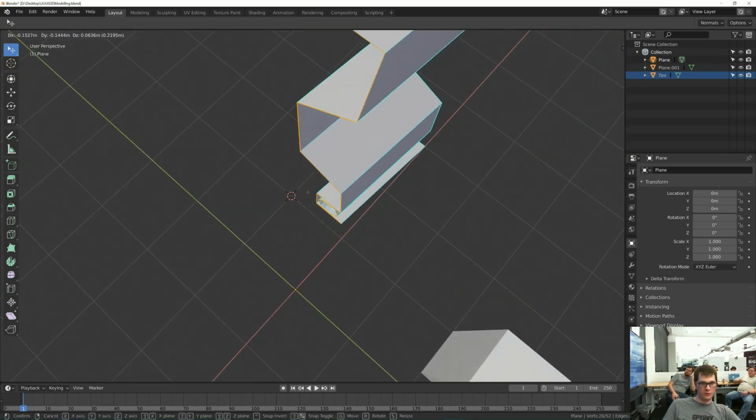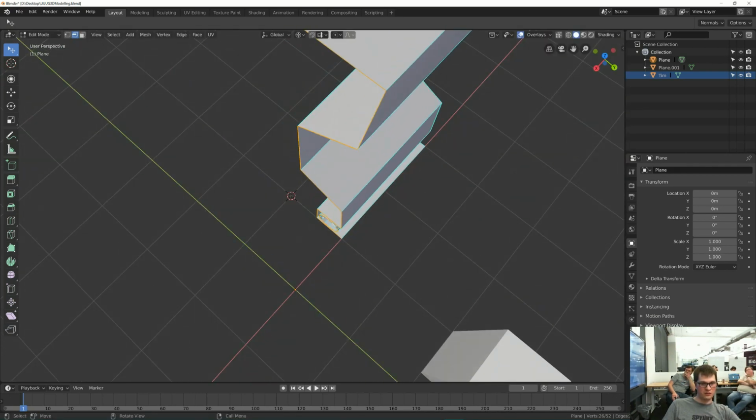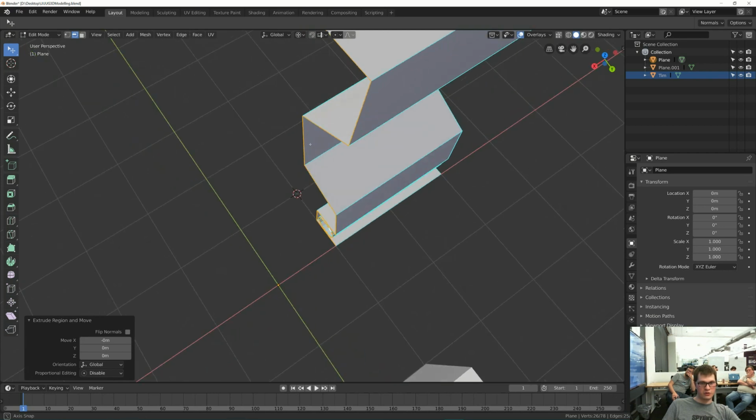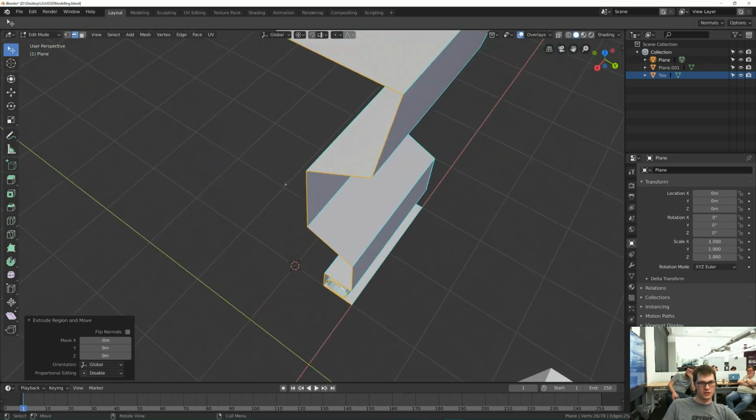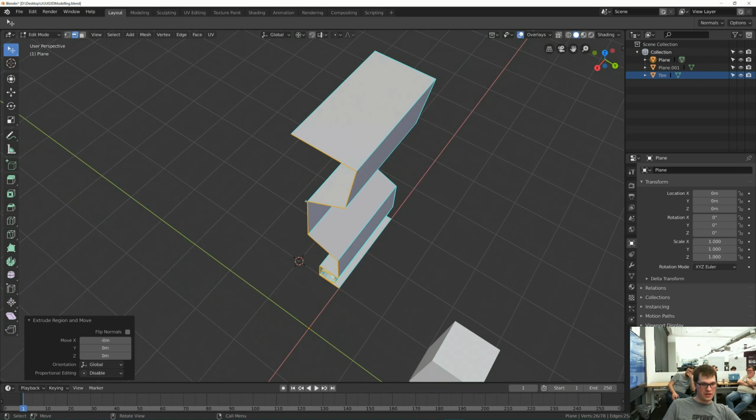So what I'm going to do is making sure that my pivot point is on 3D cursor, hit E, and then just click, like it did extrude. We can bring it out, and it did extrude, and we're just going to hit right mouse button to cancel that. And then we can hit, actually,